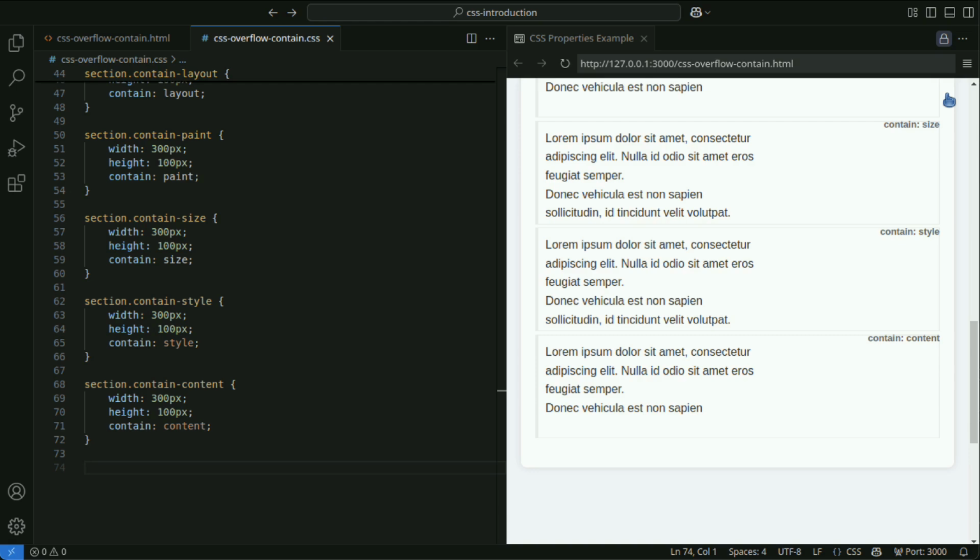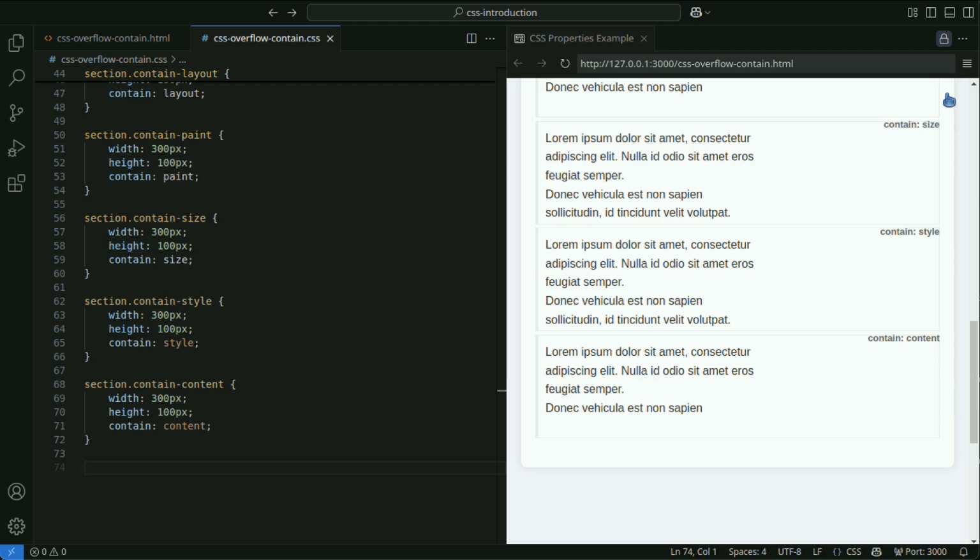When using the contain property, you should keep the following points in mind. Understanding the scope of application. The contain property is helpful for performance optimization, but it should not be applied to every element. It is important to use it appropriately in suitable places.